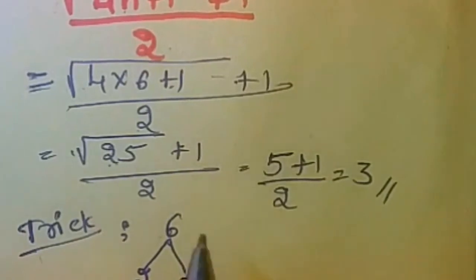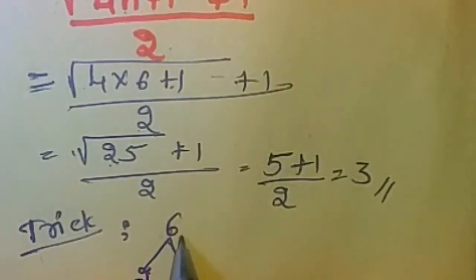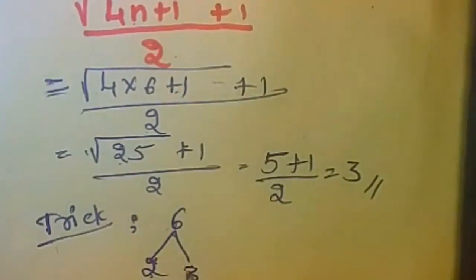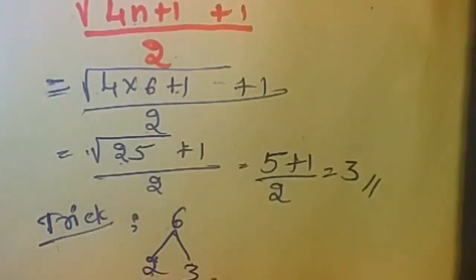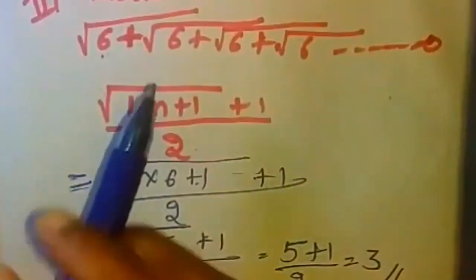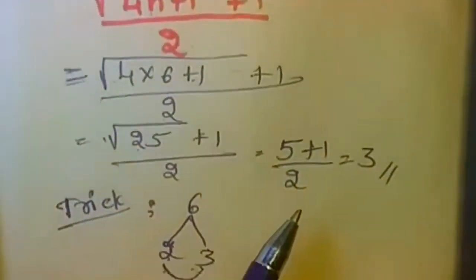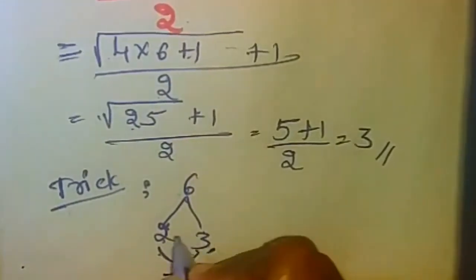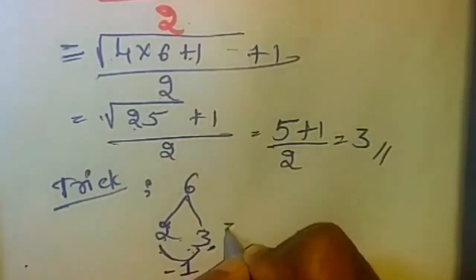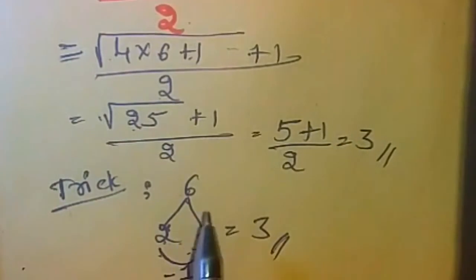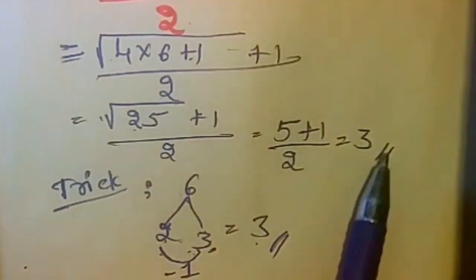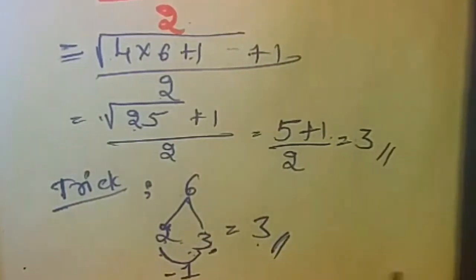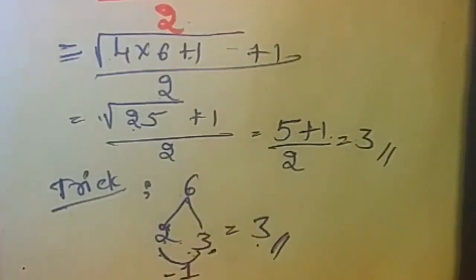When the difference is 1 and the factors are there for this number, take the bigger number. Why the bigger number? Because here in the problem we are having a plus symbol, right? So if there is a plus symbol, you take the bigger number. So in this 2 and 3, what is the bigger number? 3. See, using the trick we get the same answer, and using the formula also we got the same answer, right? So it's very simple to calculate like this.